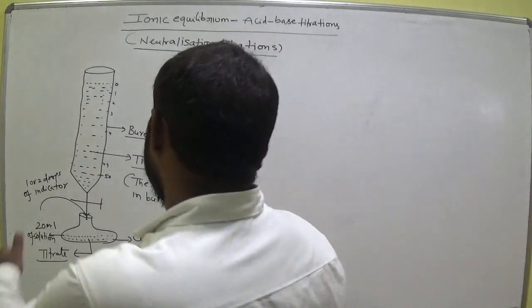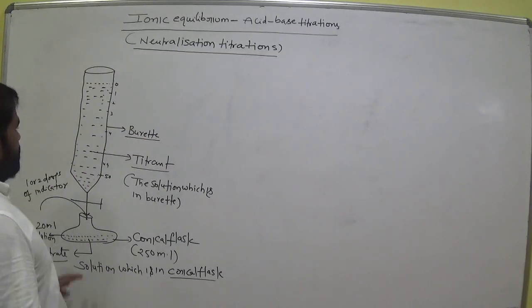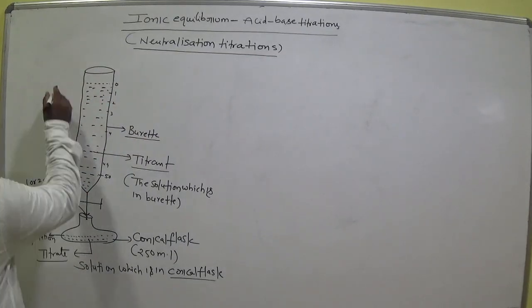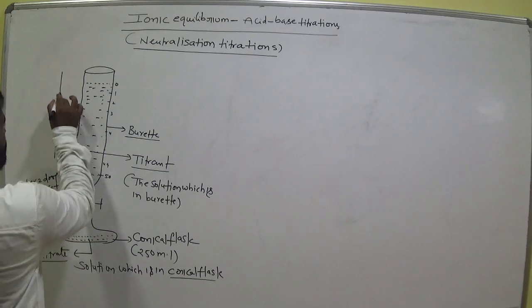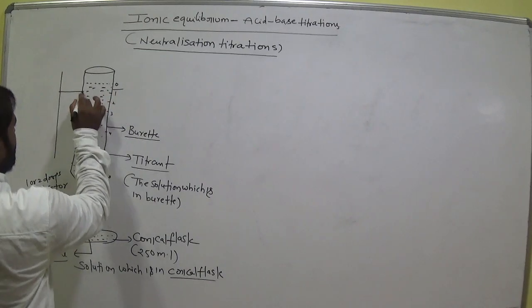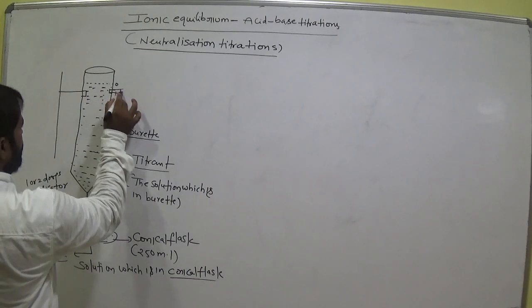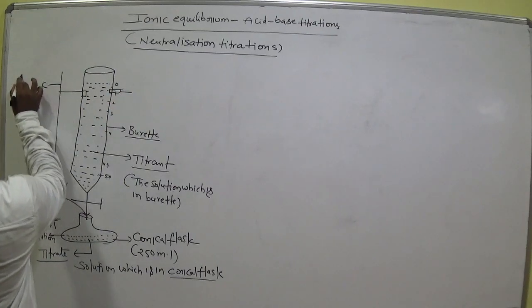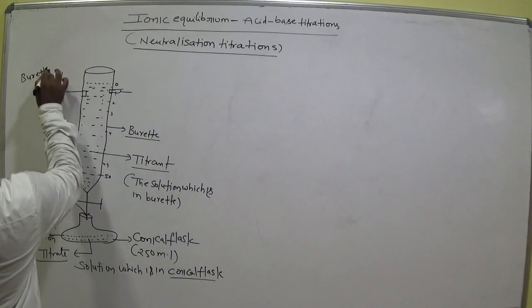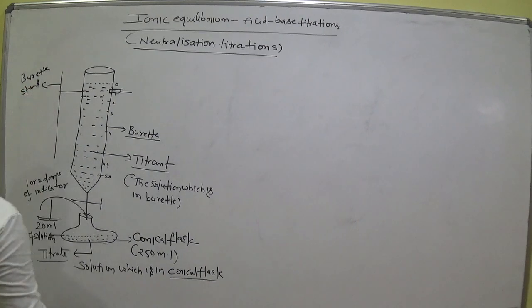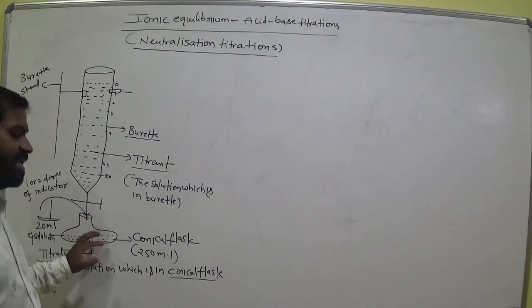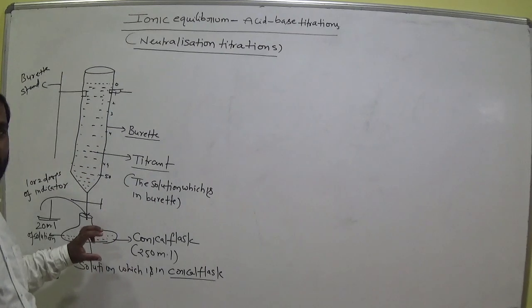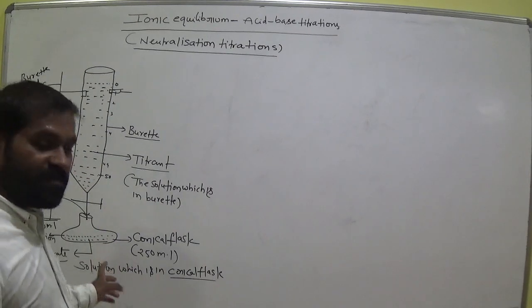Okay, so this is the equipment. Now this is arranged on the stand, the burette stand. We call it the burette stand. Draw the diagram. Simple. So now this is one solution, this is another solution. One is acid, another one is base. We add indicator into the conical flask and titrate. Okay. At a particular time, the color of the conical flask suddenly changes.